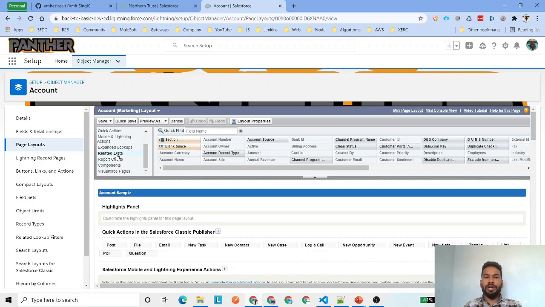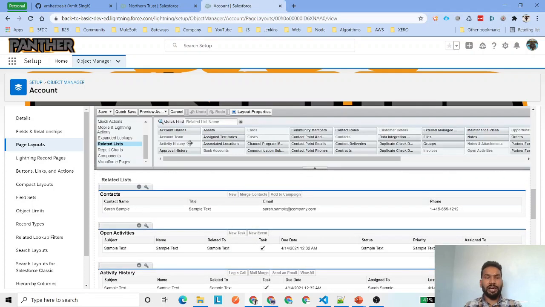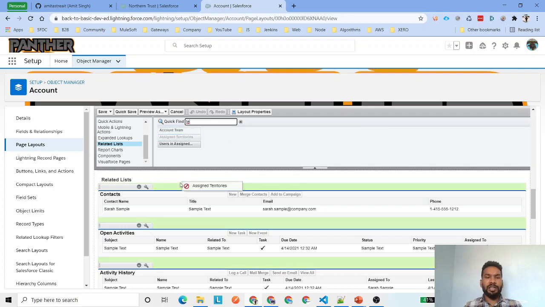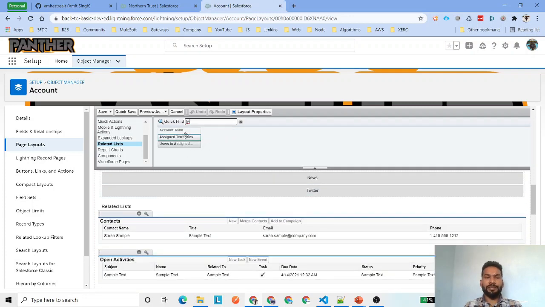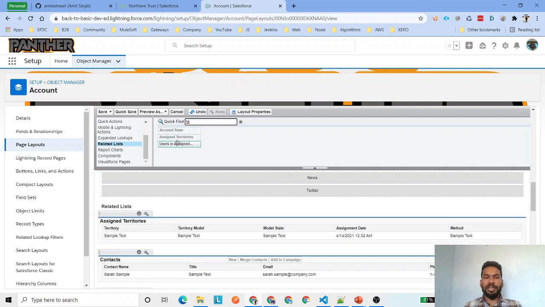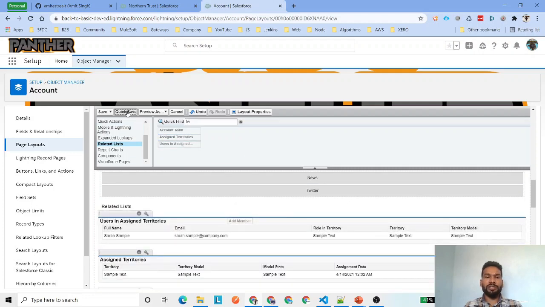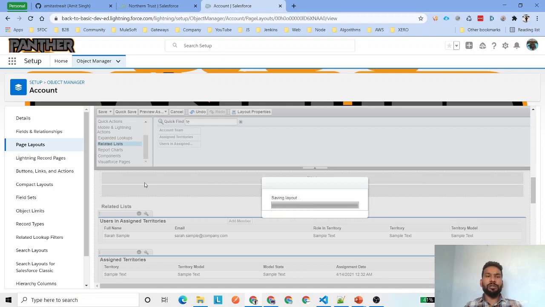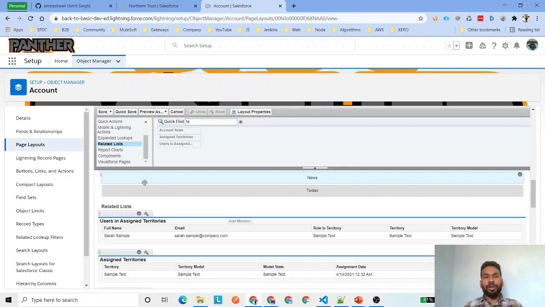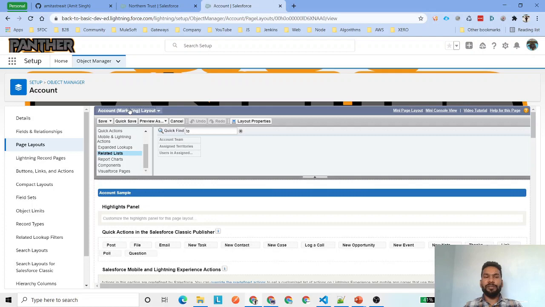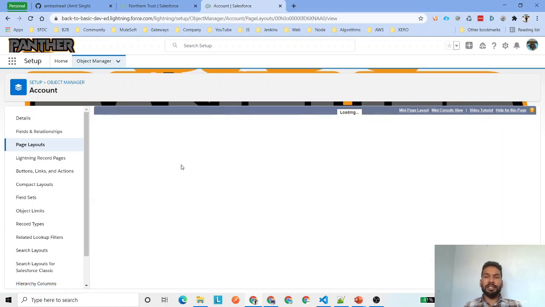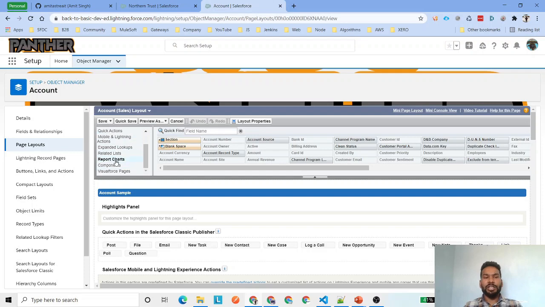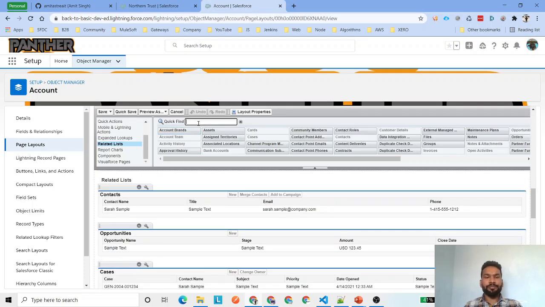and then I will have a look for account sales and all. So I don't have it here, I think. So I'll just go ahead and drag and drop these related lists. That's how you need to do it if you haven't added these to your page layout. Do the quick save. Doing this, you will be able to quickly switch your page layout if you have multiple.